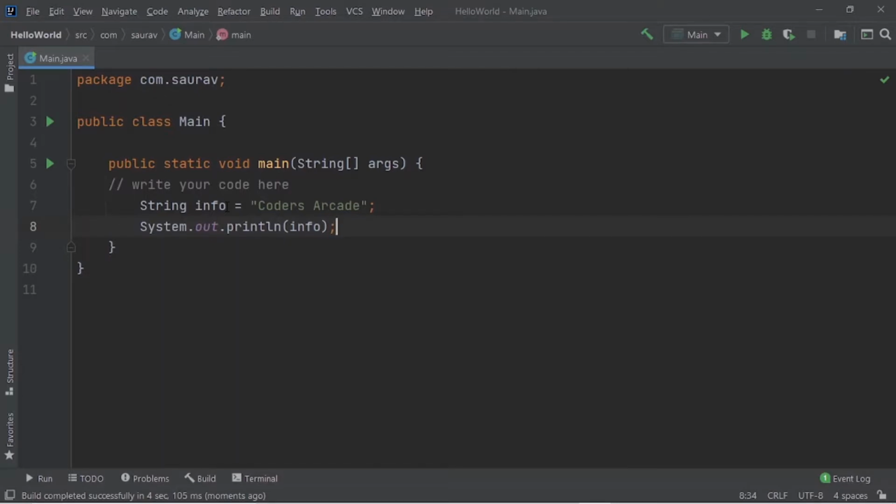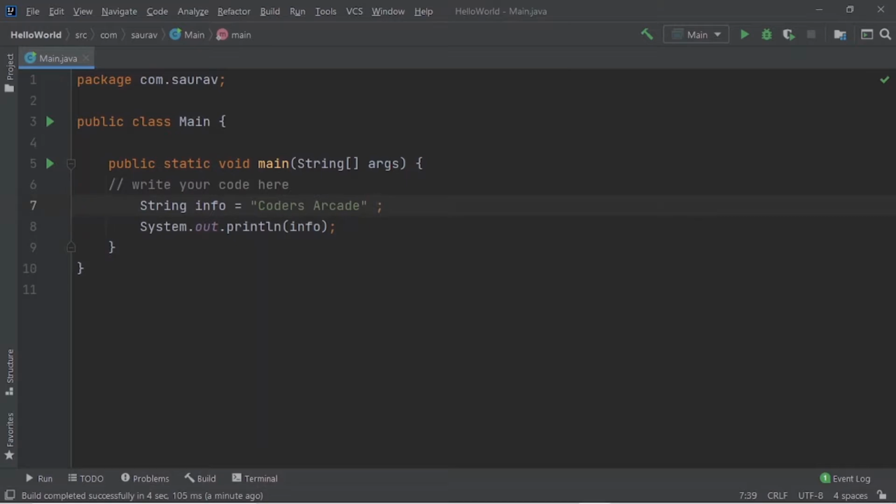As you know, strings are reference types in Java. I want to show you certain characteristics or properties or operations that we can do with strings in Java. So for that, I will show you how to concatenate two strings into one.